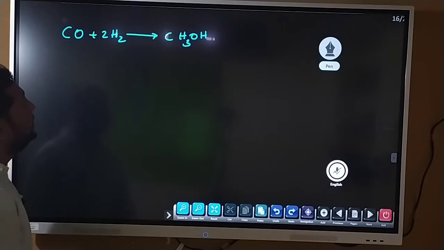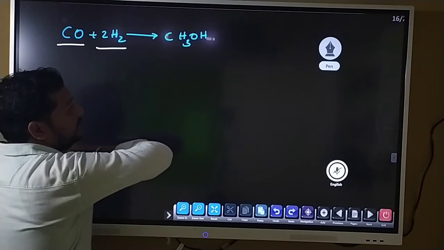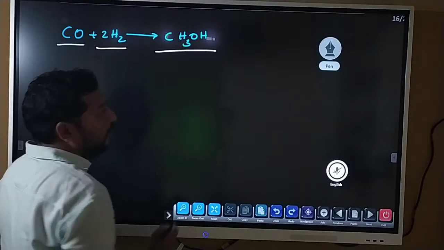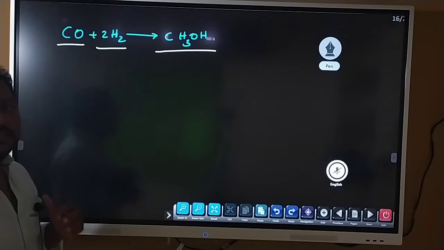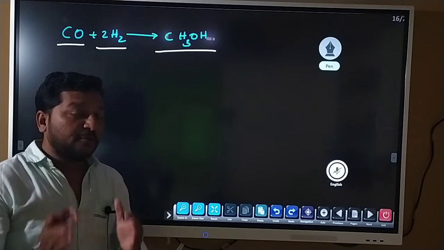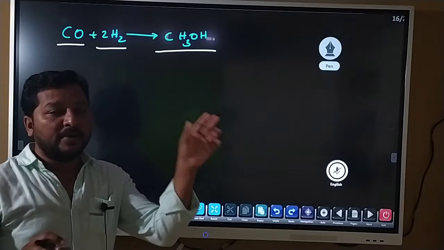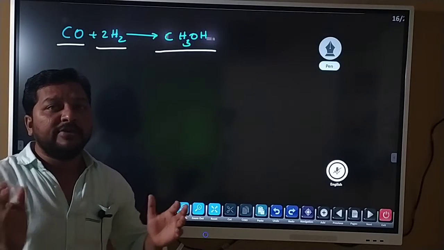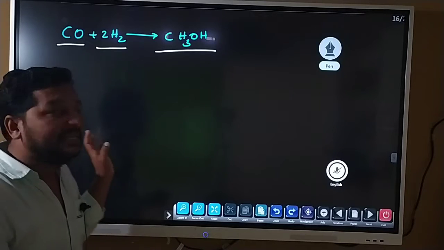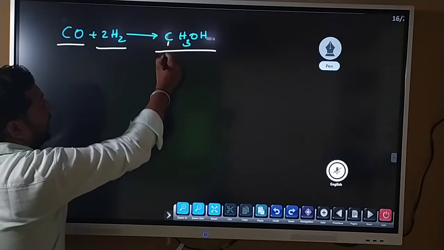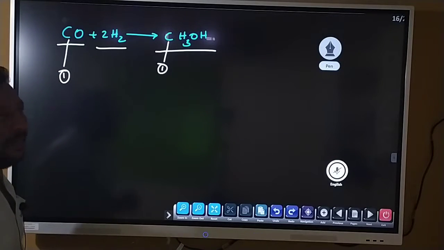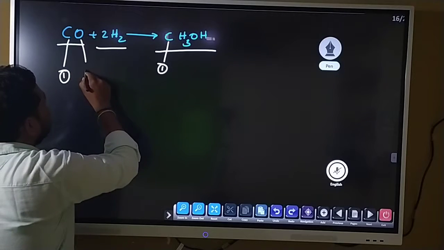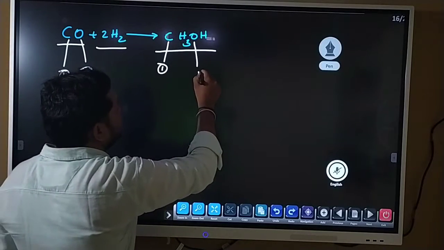Here we have another example: CO, carbon monoxide, and hydrogen react with one another and form CH3OH. Now just compare. You have to practice once or twice with a table: how many reactants are there, how many products are there, and how we can manage. After that, we will easily clarify that here 1 carbon atom is there, here also 1 carbon is there. Is it balanced? Next, oxygen, here it is 1 oxygen, here it is 1 oxygen.